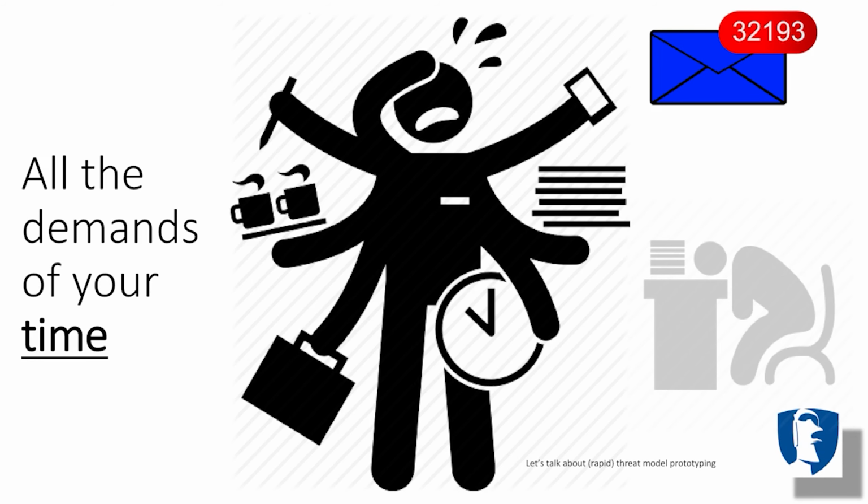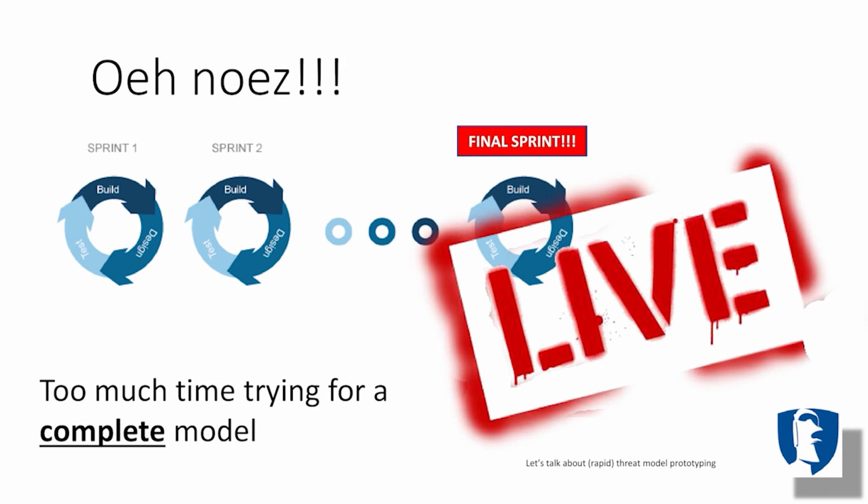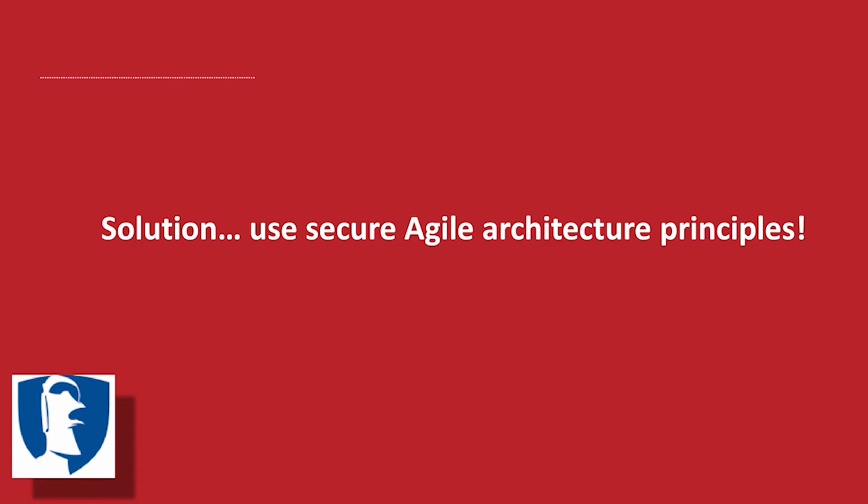You end up maintaining that. So now you have to maintain not only that, but you have to maintain everything else. And these data flow diagrams get out of date pretty quickly, and no one wants to maintain them. You're going off, you're doing other work. So finally, with pressure on your time and a lot of other things to do, you get this. Sprint 1, Sprint 2, and you don't have any threat model anymore, or the threat model's gone this way, and your entire architecture's gone this way because no one's maintaining the threat model. That's the bad things. But I'm going to show you a solution.